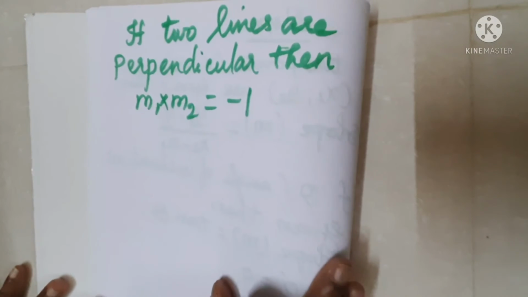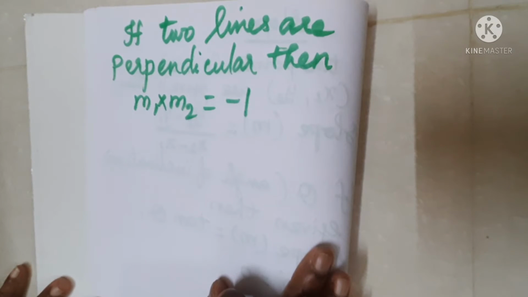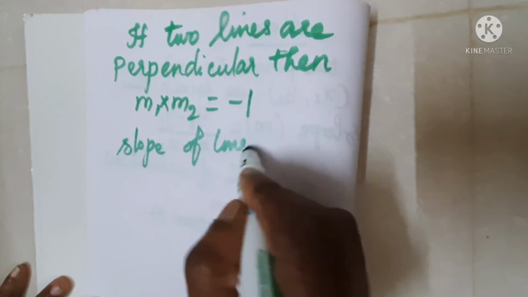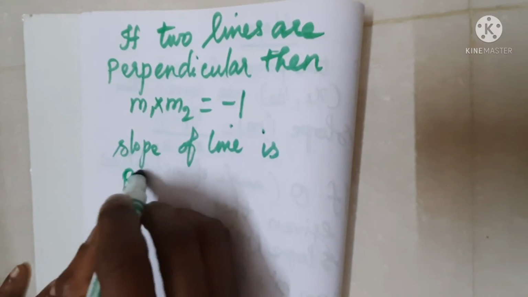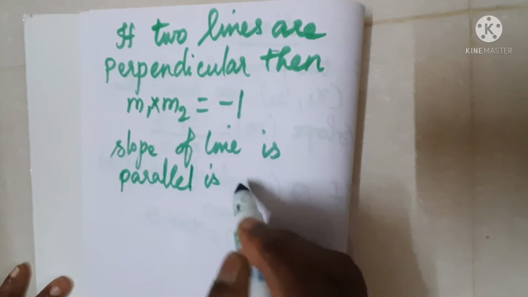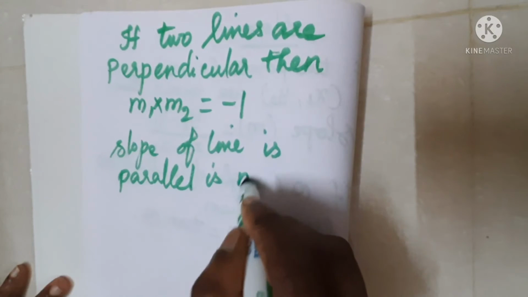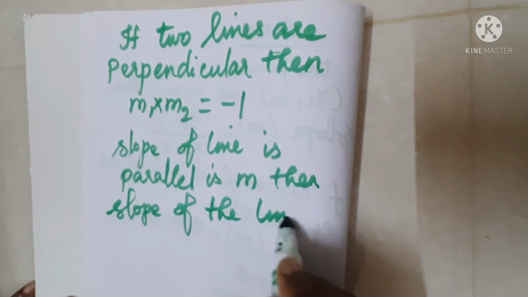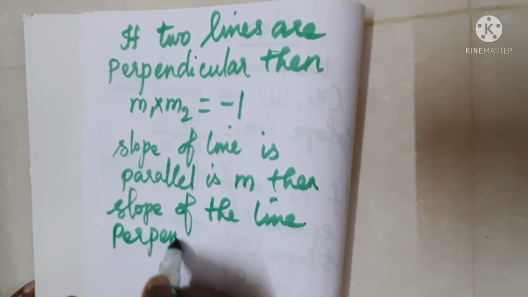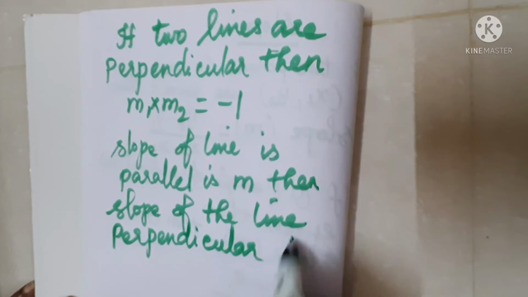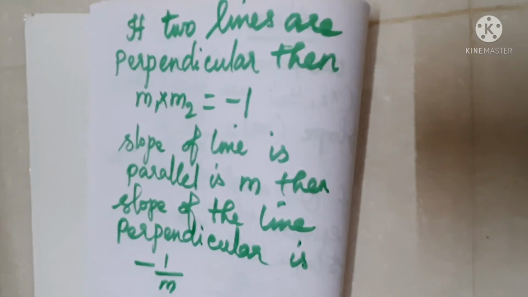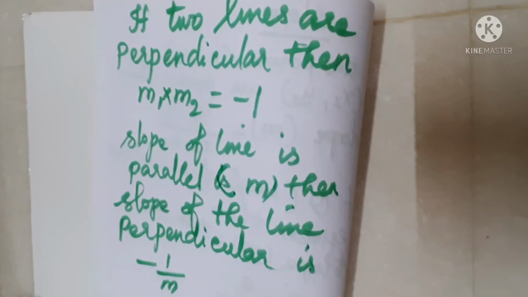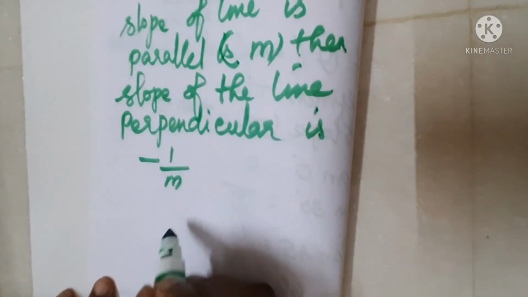Another thing is that if the slope of a line is m, then the slope of the line perpendicular to it is minus 1 by m. So if the slope of the line is m, then the slope of the perpendicular line is minus 1 by m. So in that exercise